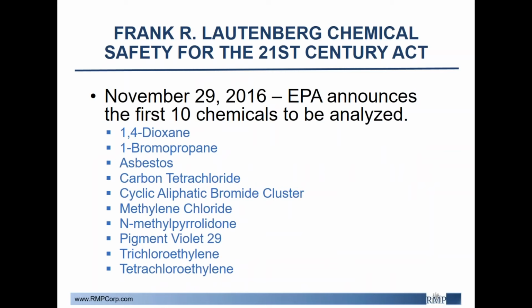On November 29, 2016, the EPA announced the first 10 chemicals to be analyzed. As you can see here, some of these chemicals have been analyzed once before. However, these will be reanalyzed according to the new risk-based safety standard, and based on these results, new regulations may or may not be proposed. There have been tentative plans to release regulations based on trichloroethylene, N-methylpyrrolidone, and methylene chloride. Those are the three chemicals that have been analyzed. And if regulations do occur prior to their reanalysis, they may be changed based on it.